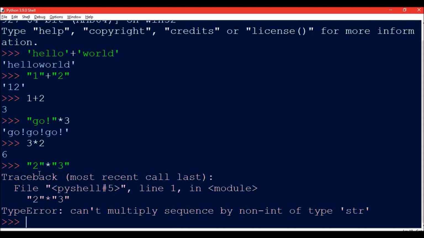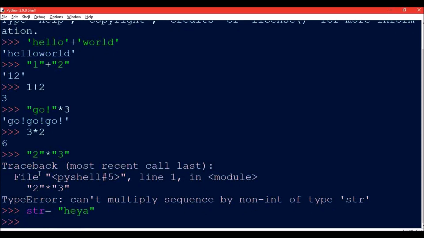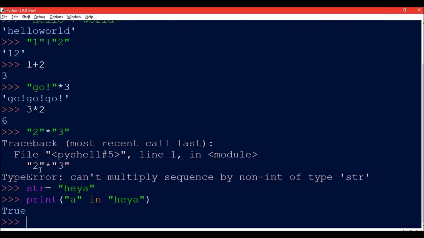Let's say I write str is equal to, in quotes, HEYA. Now if I type a character that is already there in the string with the in operator, I will get the result true. So if I write print A in str, then I will get true.